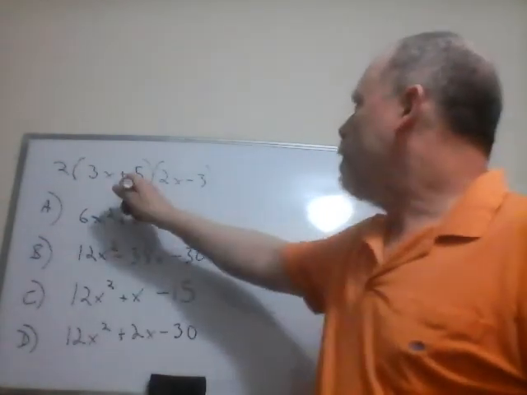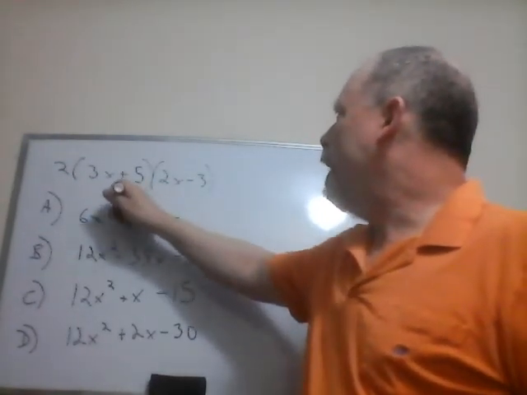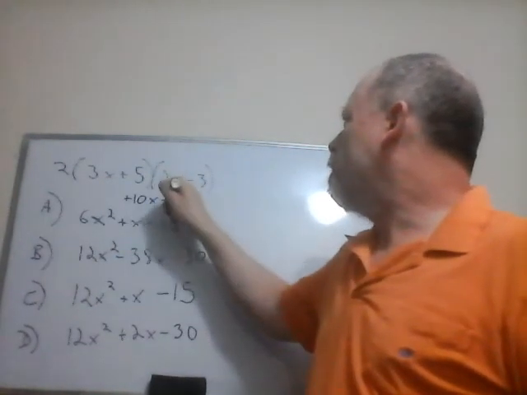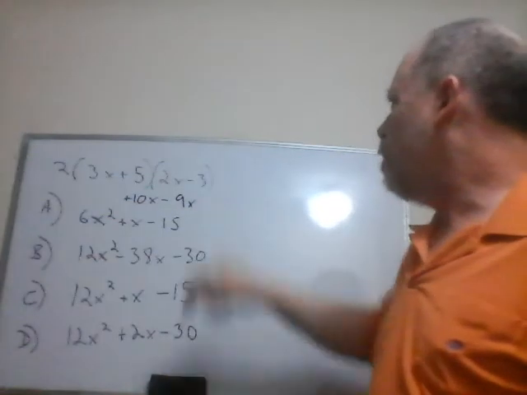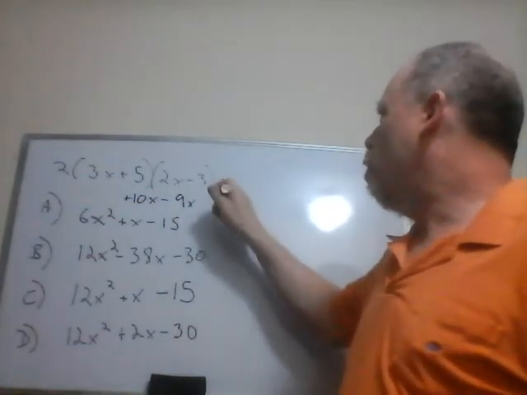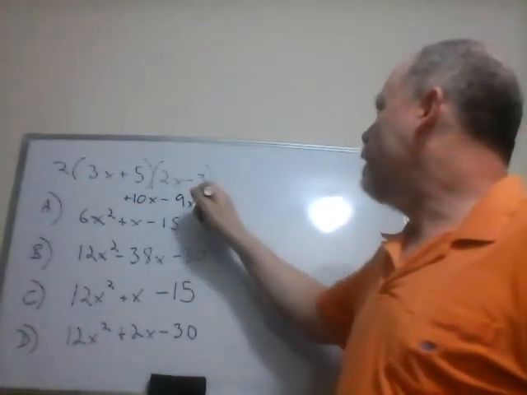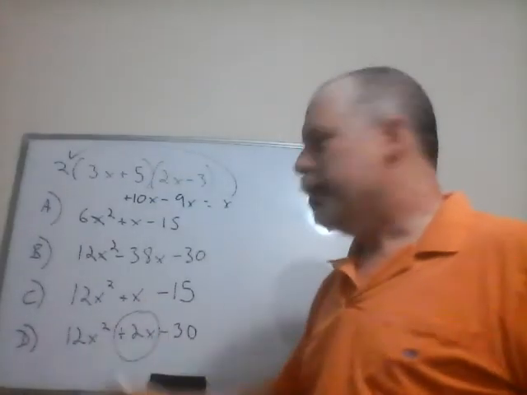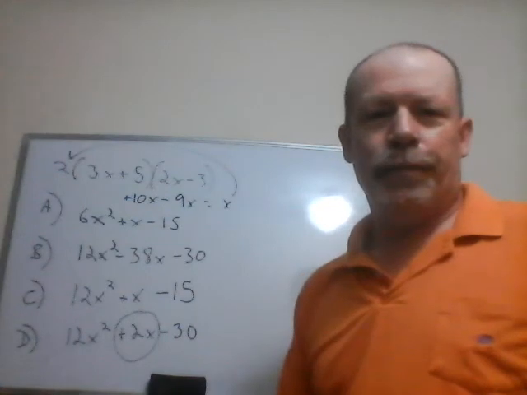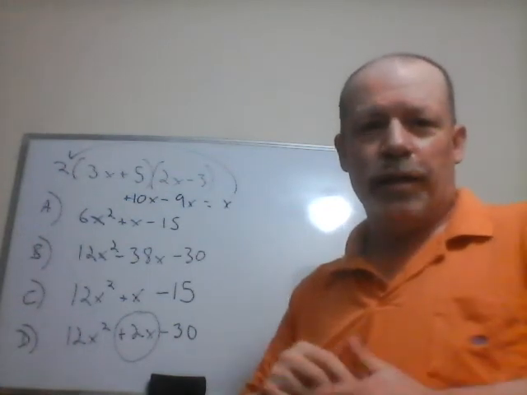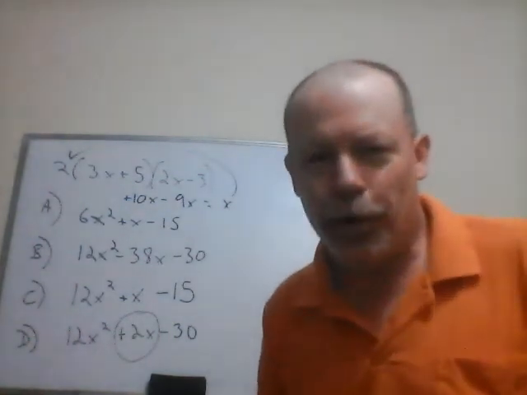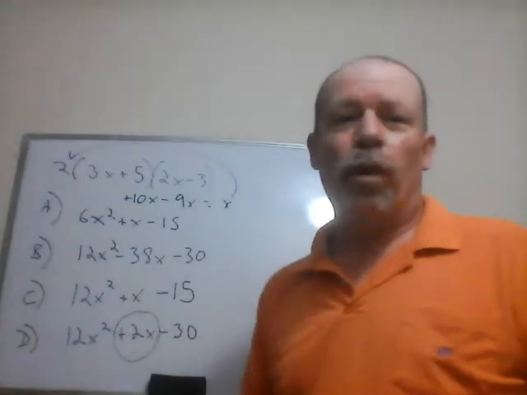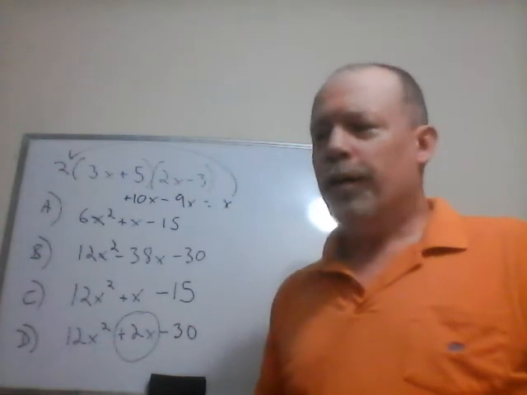Okay. So this is going to be plus 10x here, and this is going to be minus 9x. Okay. Total is they're going to be x. It's going to be x. And x is going to be multiplied by this 2, and you come down here to this 2. So if you did happen to spot this as an exception, it would happen to be pretty fast. If it had turned out to be this x here, you would have a little bit more work to do. But there is no